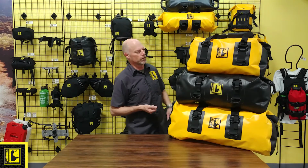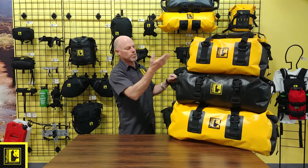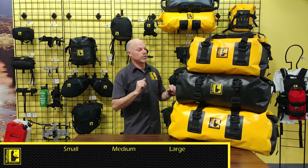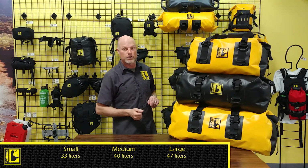The Expedition Dry Duffel comes in 3 sizes and 2 colors. The colors are yellow and black, and all black. The sizes are small, medium, and large. The capacities of each bag: the small is 33 liters, the medium is 40, and the large is a whopping